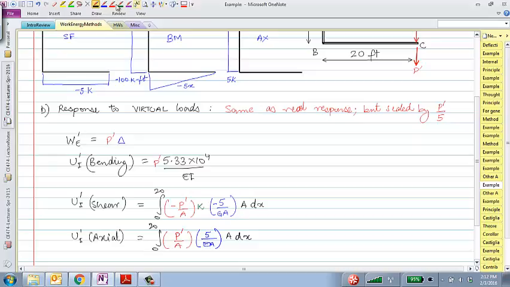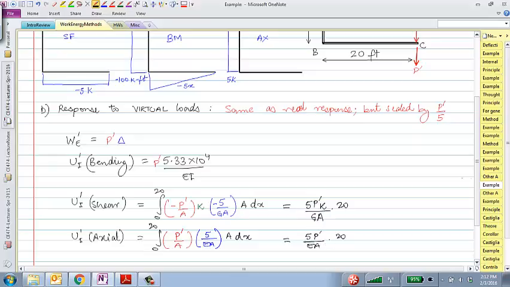So if I sum these up, this is equal to 5 P prime kappa over GA times 20, and this guy is equal to 5 P prime over EA